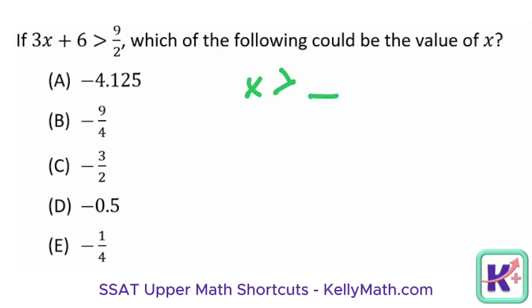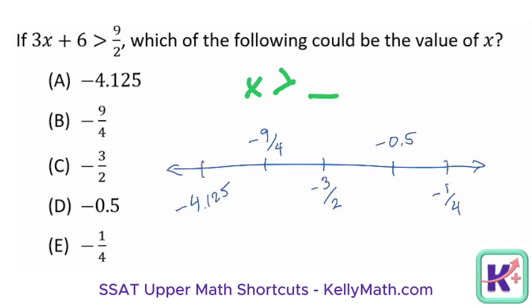Let's draw a quick number line to graph the inequality. The SSAT gives numeric answer choices in order from least to greatest, or sometimes from greatest to least. We don't need to be exact in our placement of these, just putting them in order is good enough. The graph of x is greater than a number will have an open circle at the number, then a bolded line and arrow to the right, like this, showing that x could be any number on the bolded part of